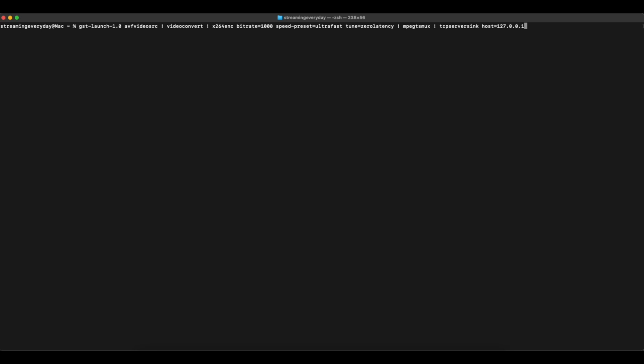You can also add another port or another host according to your requirements, and I'm just using localhost and port 5000 here. This is the complete command line that will allow you to access your webcam feed and stream it over a